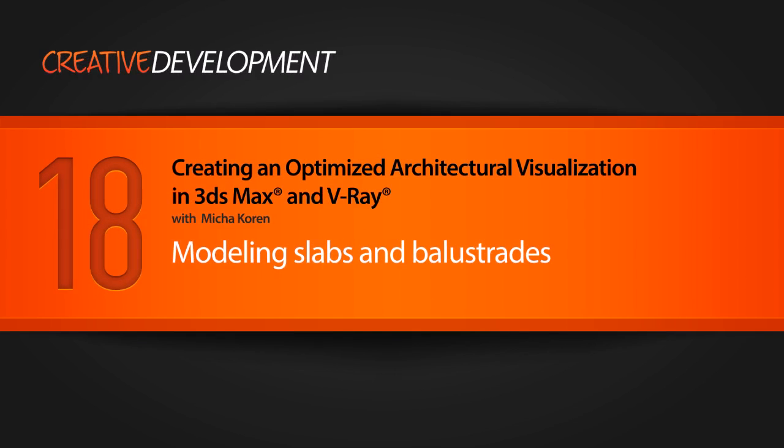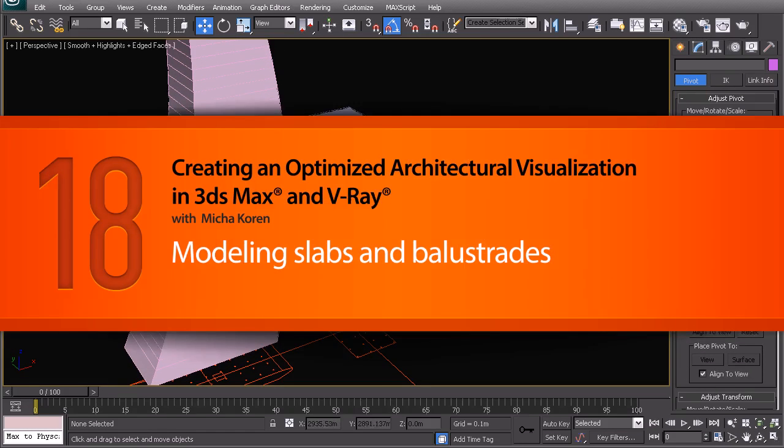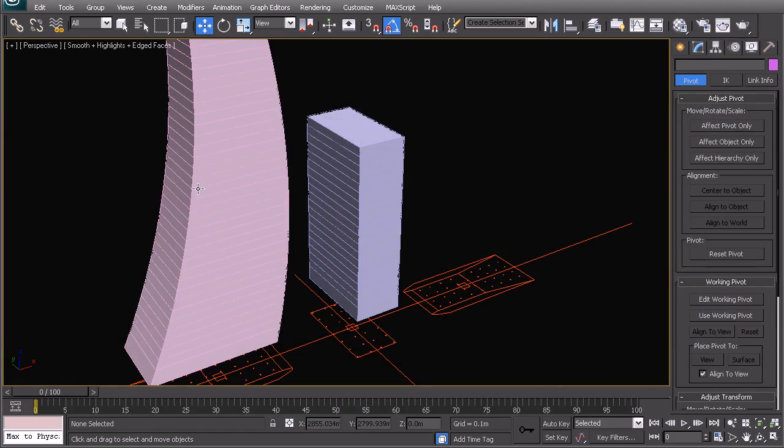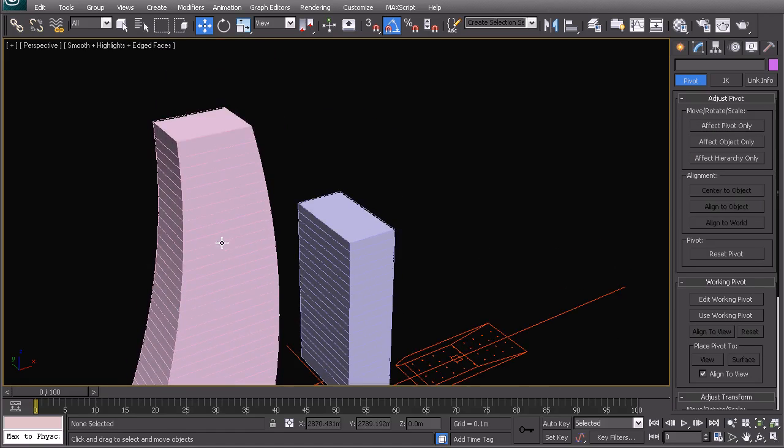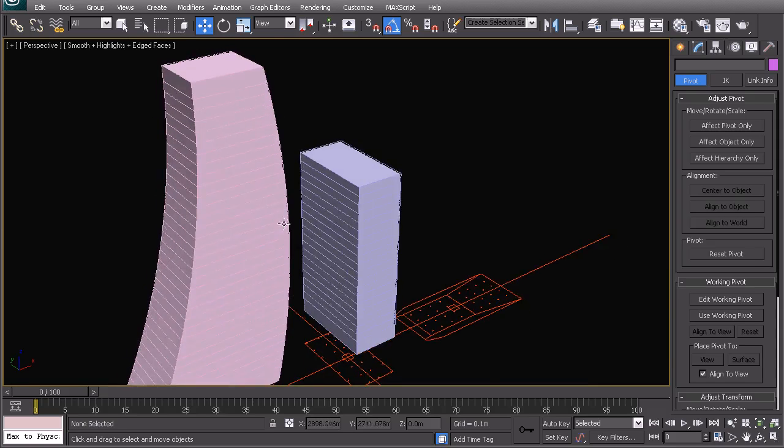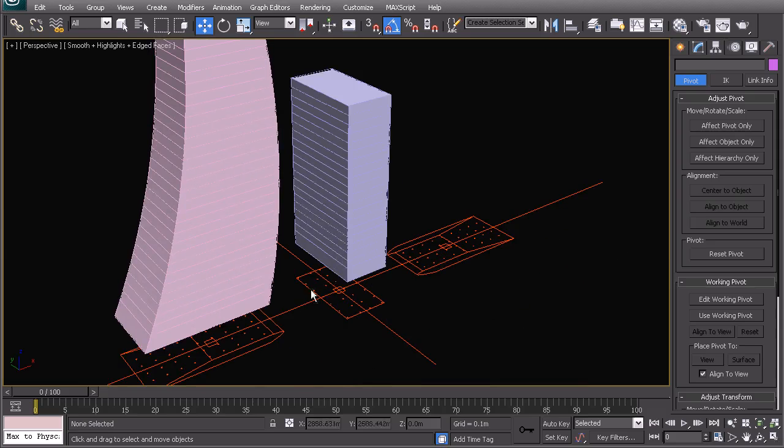So now in this video, we're going to be mirroring this part of the building to the other side, and we're going to start using this original form to generate all the other elements, such as the slabs, such as the balustrades, and we can actually use it to go as far as we want based on the amount of detail that is required. So the first thing we want to do is determine where this point